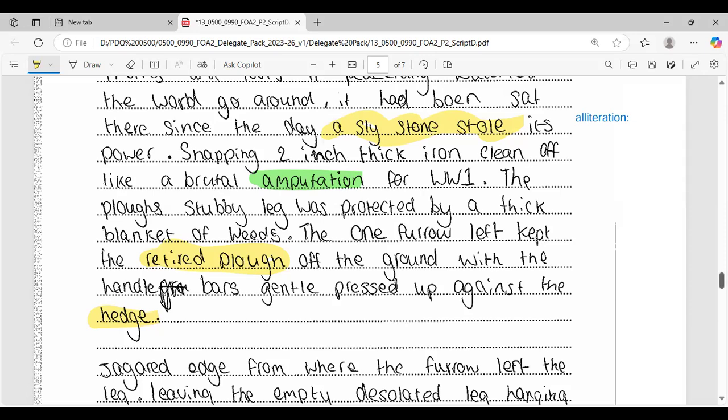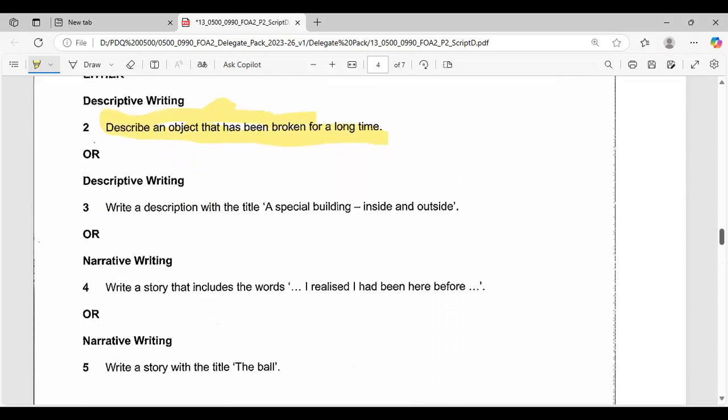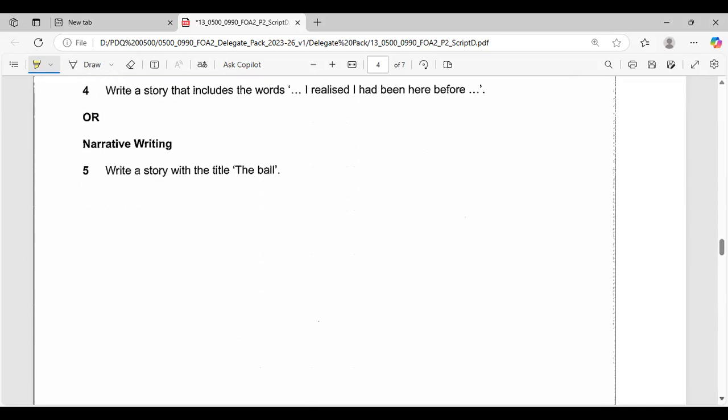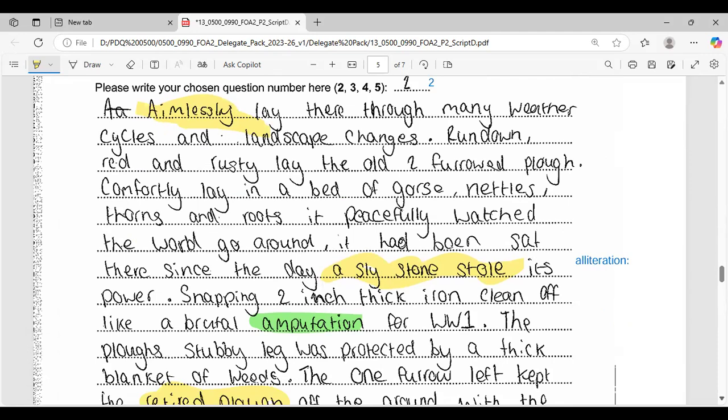Now, to those who have just joined us, just for your information, we're looking at a sample candidate response. The task is: describe an object that has been broken for a long time. So that is what we're looking at. We just read the opening paragraph, and in it you can clearly see that this candidate